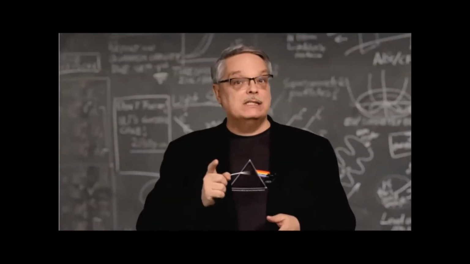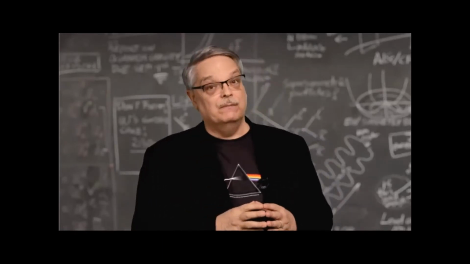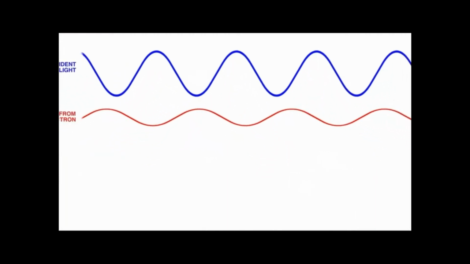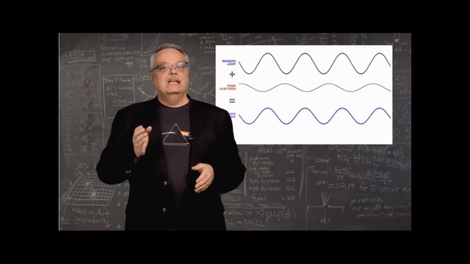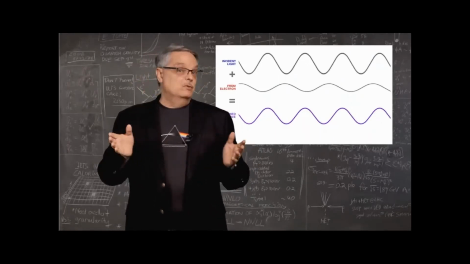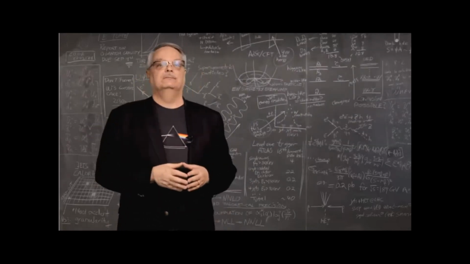Said simply, the oscillating electric field of light makes electrons move, which makes a second oscillating electric field. And if you have two oscillating electric fields, that's two oscillating waves, and you can add them together just like we saw before. The net effect is that the two waves combine and make a single wave of oscillating electric fields. And that is the wave that moves through matter. And this is important, it moves at a slower speed than light does in a vacuum.